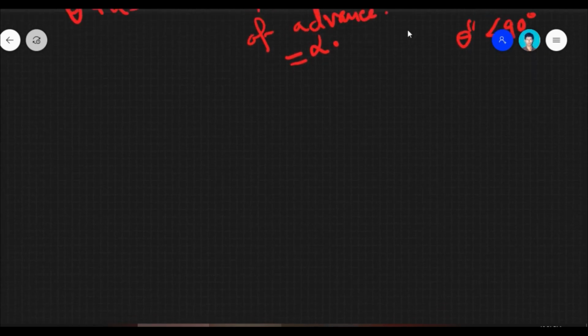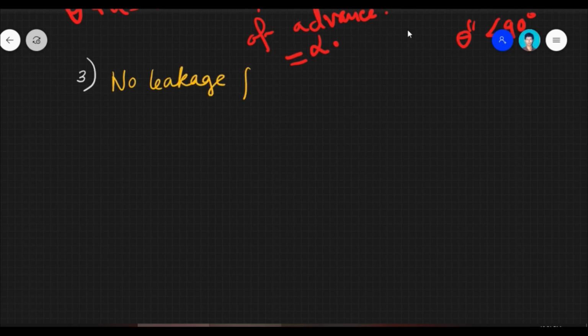Okay, let me remove that restriction 3 first. Restriction 3 was no leakage flux. And right now I am going to discard this assumption. So whenever there will be a leakage flux,